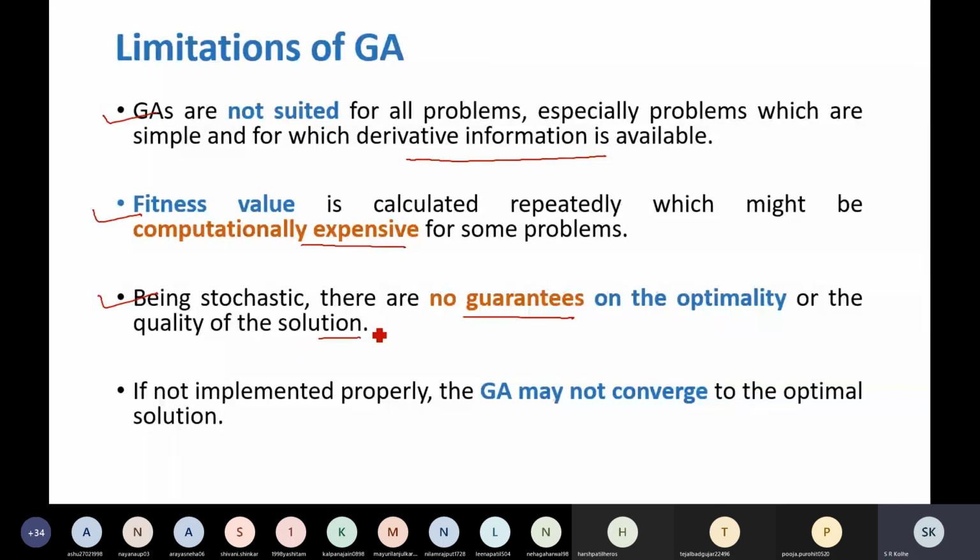Why is it stochastic? Can anybody answer this? Why is it said that it is stochastic? Opposite to deterministic, okay, non-determinism is there. Why? Because of what?